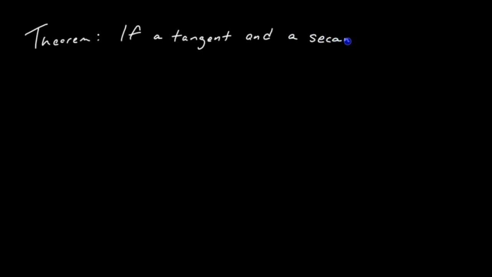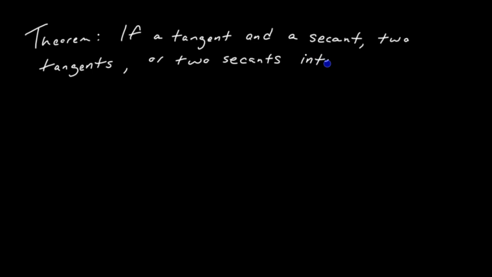So we can say if a tangent and a secant, or you could have two tangent lines, or you could even have two secant lines. Basically any combination of lines that revolve around a circle. If it's a tangent and a secant, two tangents or two secants, and they intersect on the exterior of a circle, so basically outside the circle, any two lines that intersect on the exterior of the circle,